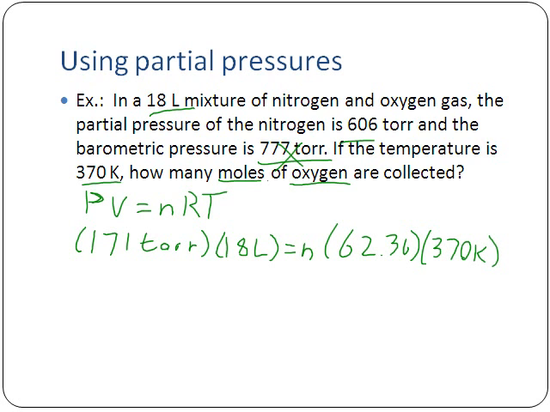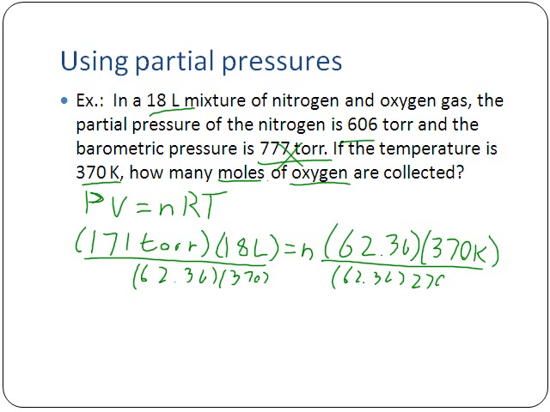And so at this point, all we have to do is solve for N. And so divide both sides by 62.36 and what is the other one? 370 K. So 62.36 and 370 K, divide both sides by both of those. And so that cancels these guys up here. Working out the math on this, we end up getting, let's see, 171 times 18 divided by 62.36 and then divided by 370. And so in doing that, we get that N, in this case, the number of moles, is going to be equal to